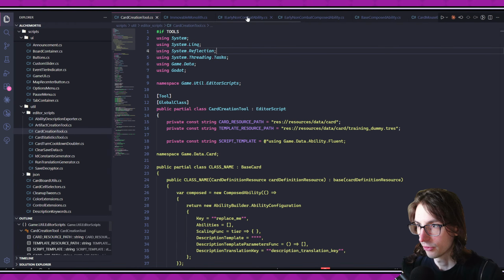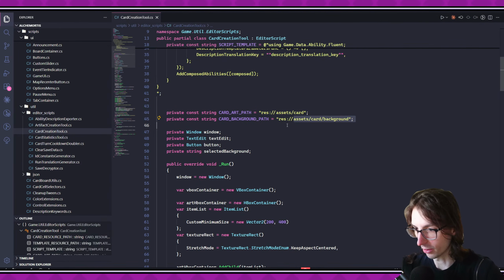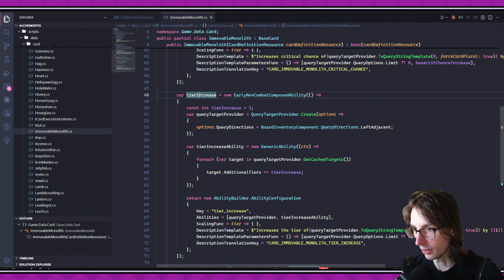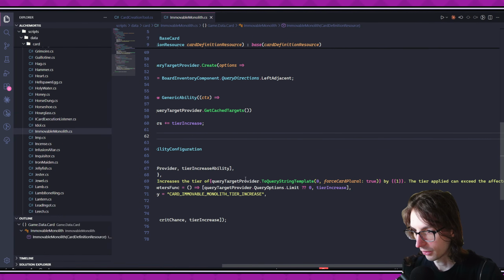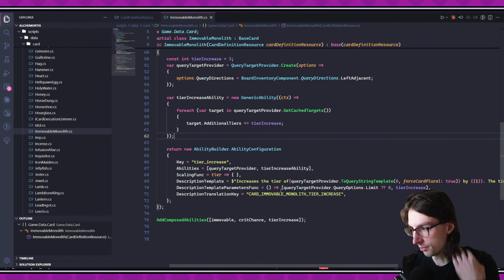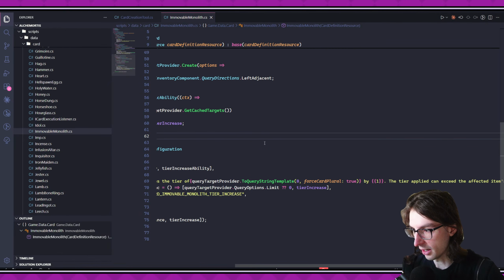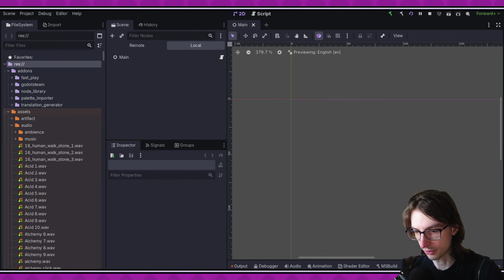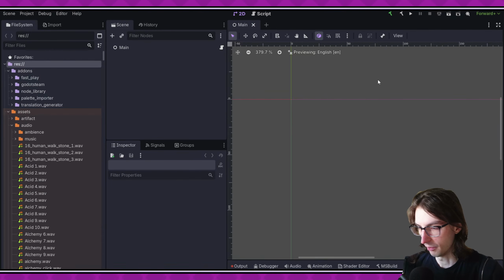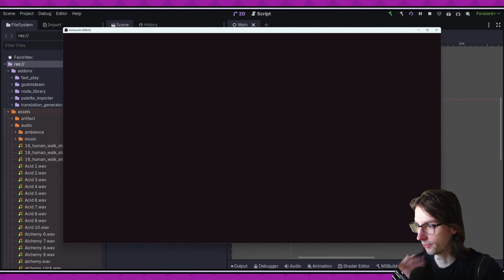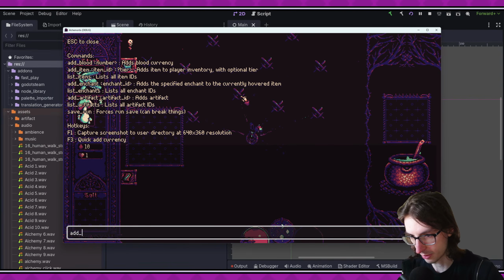So right now, I had to set up like a dozen classes to make this one ability work. That might be an exaggeration, but this ability here is the tier increase, which increases the tier of a left adjacent item by 3. And the tier that is applied can exceed the cap. So there's something wrong with this still. I don't know, it was kind of late last night when I stopped working on it, so I don't remember exactly what was happening, but